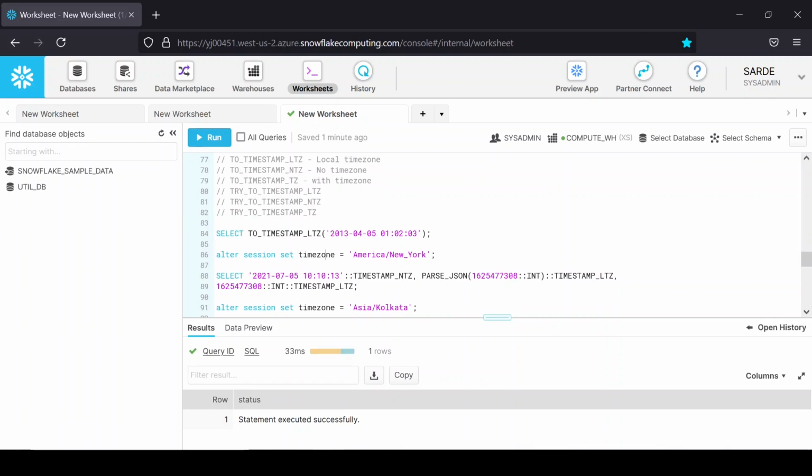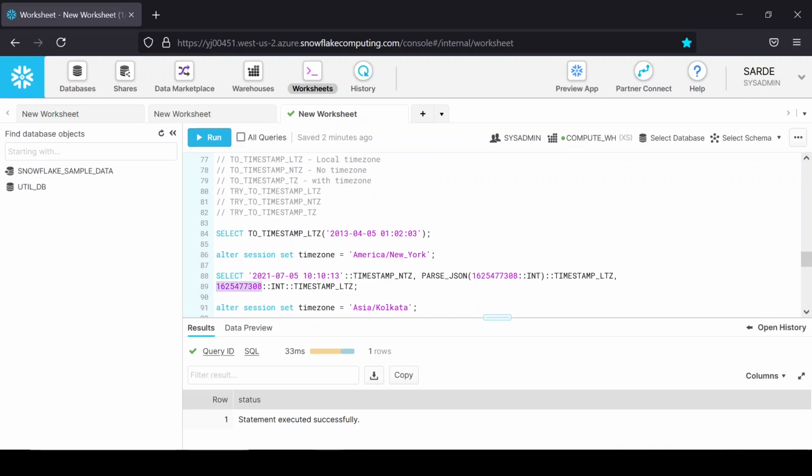Now, if I run this select query, for this one I am passing this timestamp, and it should not return any time zone. Then I can also pass the variant data type, or let's say JSON type, to this timestamp.